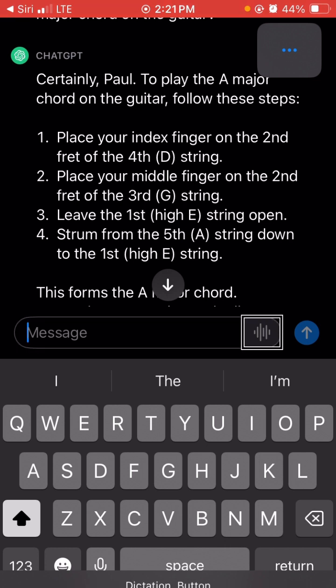There's the dictation button again, and I can then ask it another question and another one and another one, and it will definitely respond. And the responses are easy to read. To me, this is a very good app because you can read the responses at your own time